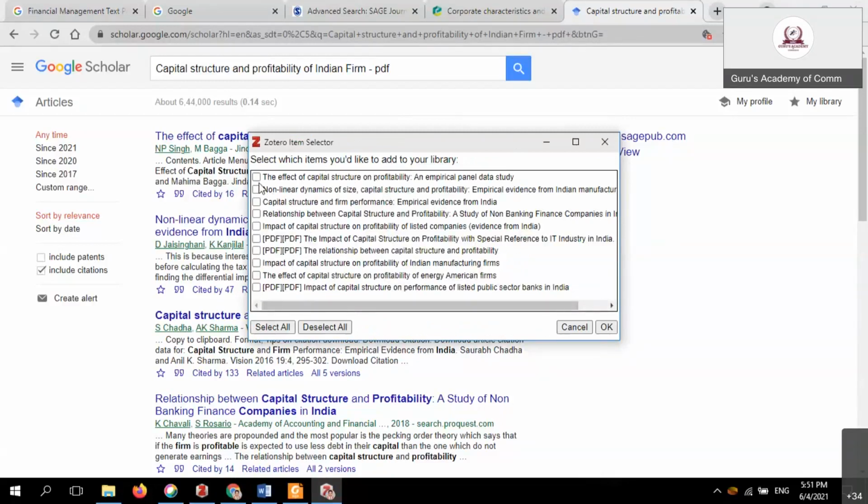Now, save into Zotero. What content is available from this page? From this page, there are almost 10 cited articles. Accordingly, I selected my own research area. For these items, the PDF is available; for other items, the PDF is not available. These three have PDFs available, and the other things do not. Now give it an OK.